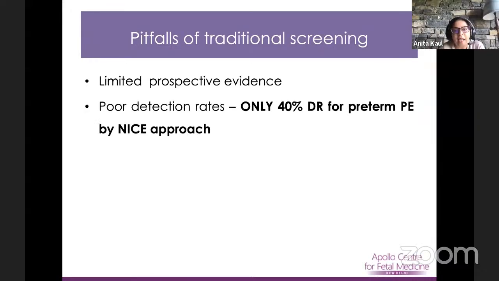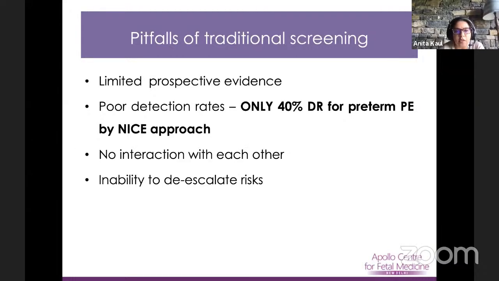The second is it has a very poor detection rate, only 40% if you use the NICE approach. If you've got, say, two risk factors, there's no way to get these risk factors to interact with each other or to de-escalate the risk. So if